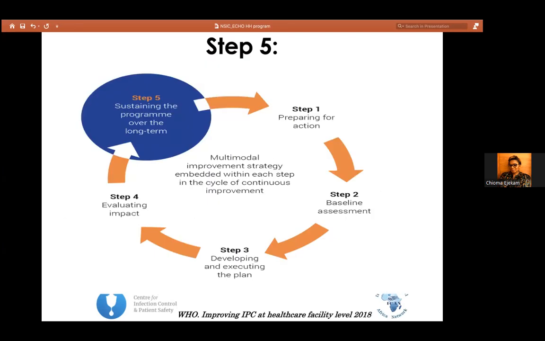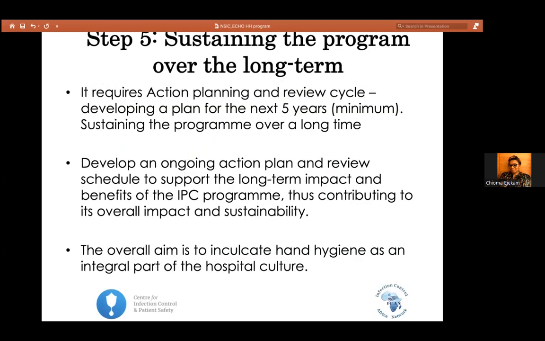So this is the fifth one, sustaining the program over the long time, which is all about the sustainability plan. Whatever you do in a program, you want to ensure that, beyond you, every member of your team understands what needs to be done. If you're not there, somebody else can do it. You can't be the only IPC champion. You go on leave, you travel, you change location, and when you go, the IPC dies with the person or phases out with the person. That is not what we want to achieve. So that's what we talk about: collaboration in everything you do.